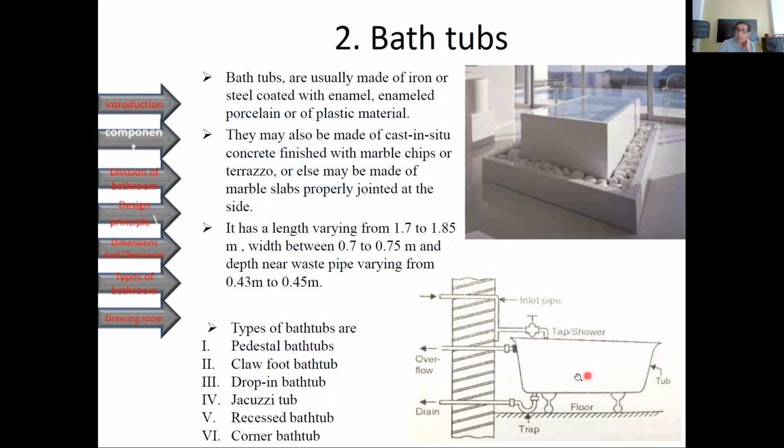In the components of a bathtub, it also has a P-trap for the drain. It has a supply of water. You need a supply of tap water. There is also an overflow in case the bathtub is overflowing. There's an overflow valve. So in some cases, if you accidentally close the overflow, the bathtub will spill on the floor.